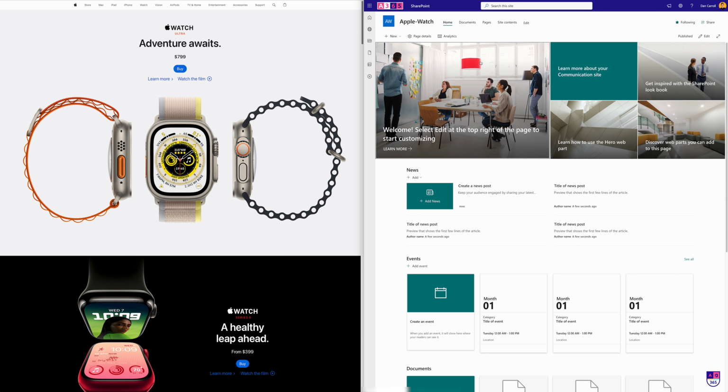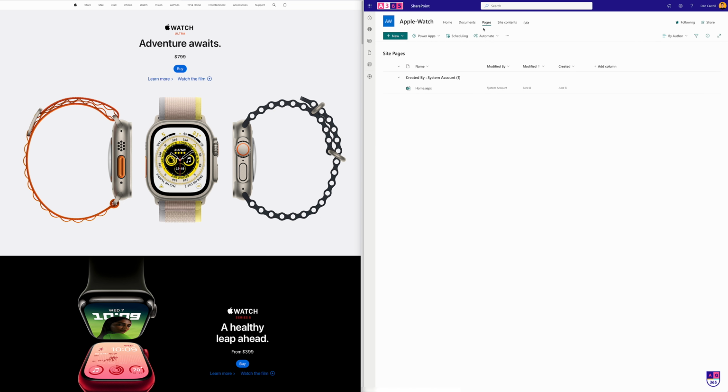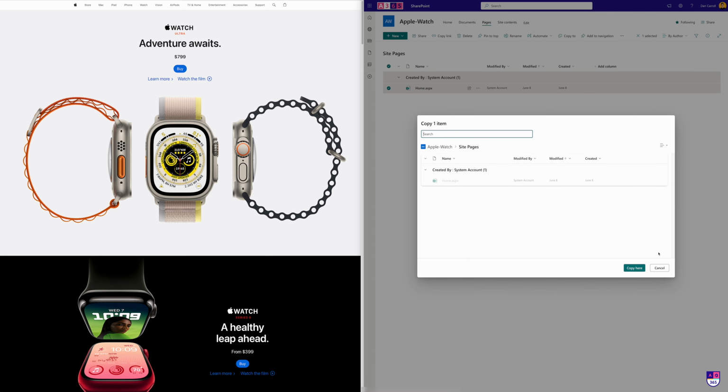So the way I would do that, if that's your case, we won't use this one. We'll pick another page and we'll make it so that it doesn't have a header section, which is what we want. So the trick to do that is go to pages and come into here where you have home. So home is a special kind of page template where it doesn't have a header section where all other site pages will have it. But what you can do is you can select home and you can say copy to. So we're just duplicating it really. Copy here